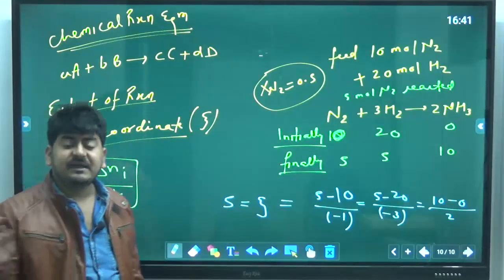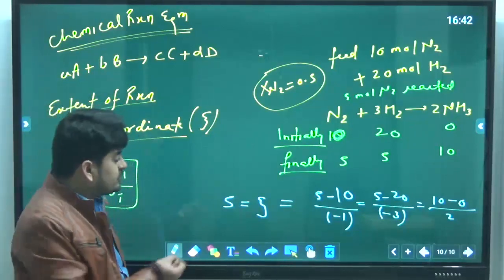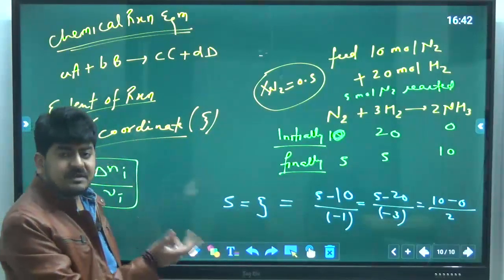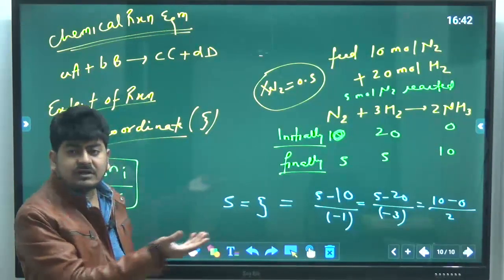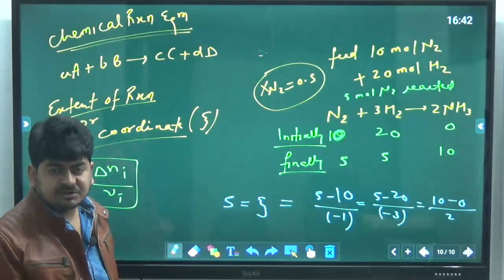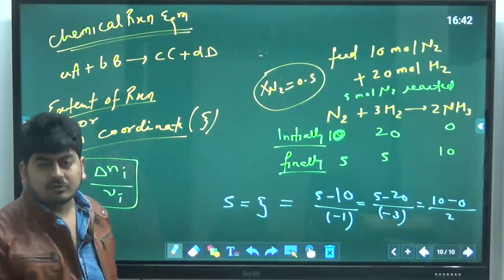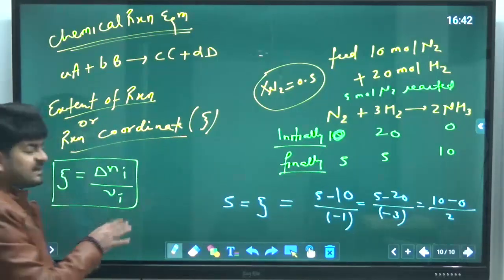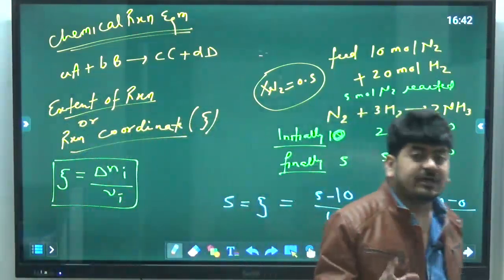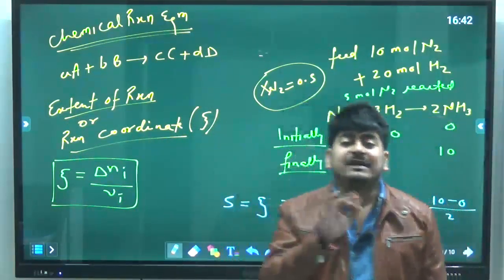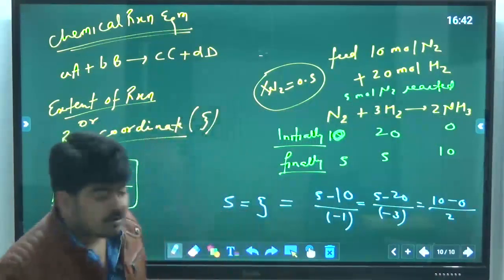Same. So the reaction coordinate, the extent of reaction, gives me the variety to calculate the extent of reaction based on any reactant. And it is the same for all the components as well as for the reaction, which logically it has to be, and it is coming out to be the same as well. So this is the difference between extent of reaction and conversion. If I talk about the units, conversion is a unitless, dimensionless parameter.